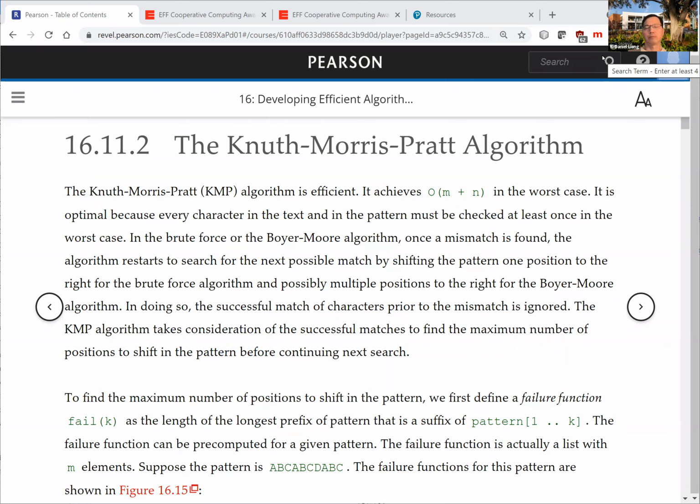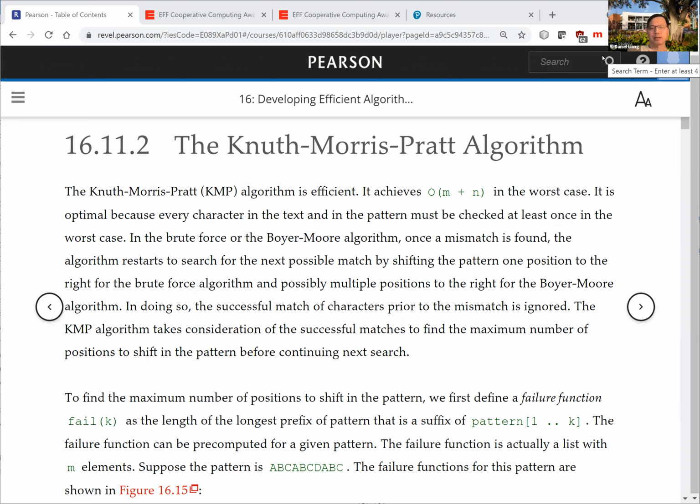The Boyer-Moore algorithm allows you to slide more positions, therefore it's more efficient. But in the worst case, it is still an O(m times n) time algorithm. So the problem with Boyer-Moore is that if you have mismatches,